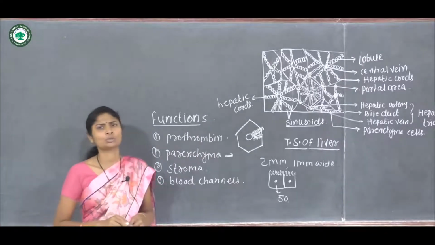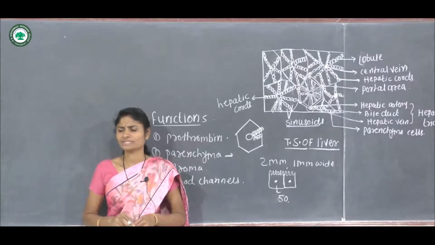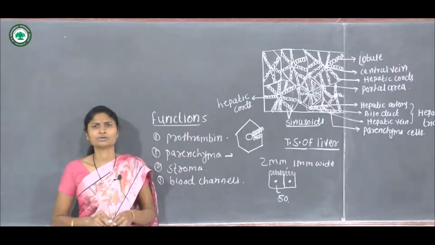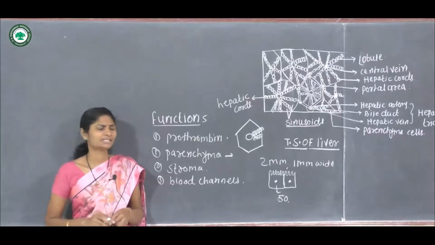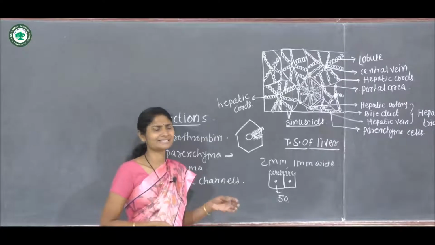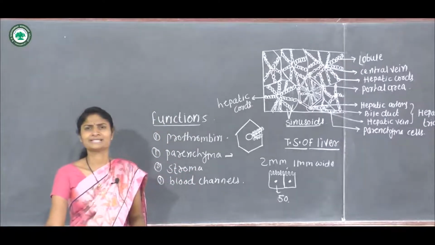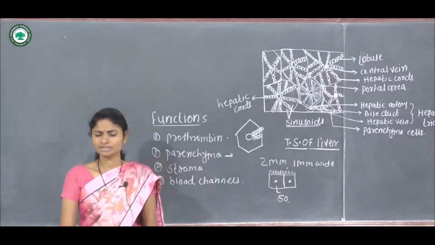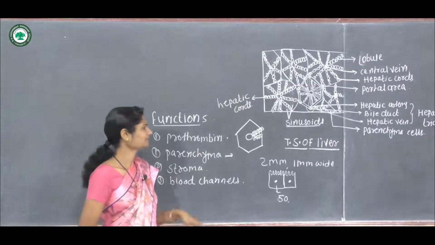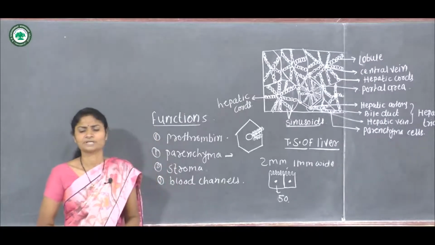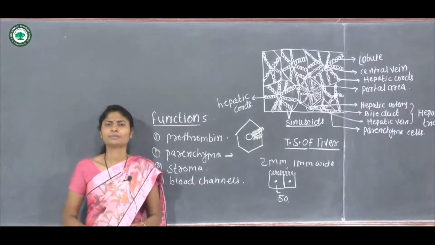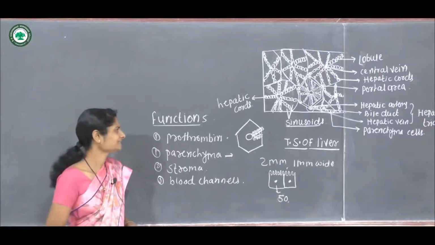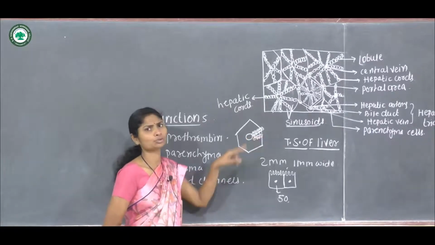These Kupffer cells are involved in the breakdown of RBCs, fat metabolism, and the formation of bile pigments. Old Kupffer cells give rise to new Kupffer cells, formed from the pre-existing Kupffer cells. Next part is the portal area. These sinusoids are made up of fenestrated endothelial cells, and these sinusoids are again lined by Kupffer cells.